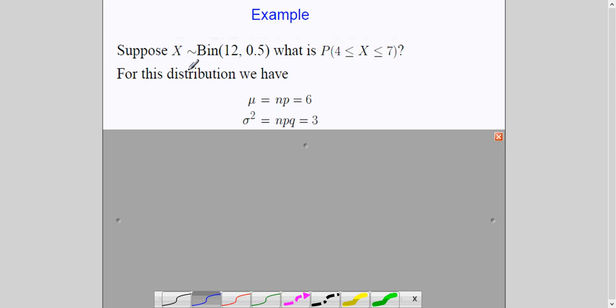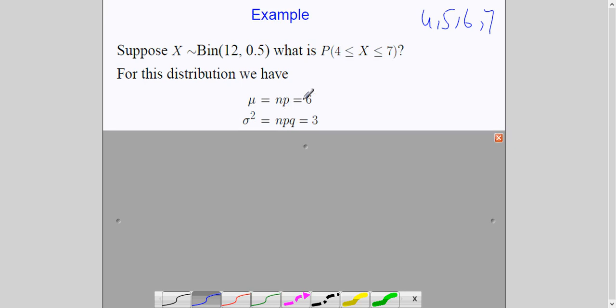But there is one thing you have to keep in mind. And you know what that is? Binomial distribution is for discrete data. Normal distribution is for continuous data. So if a binomial question is given to you and it says find the probability for X greater than or equal to 4 and less than or equal to 7, these are your discrete data. It means 4, 5, 6, and 7. So first of all, we will see the condition and then we have to take care of this aspect also.